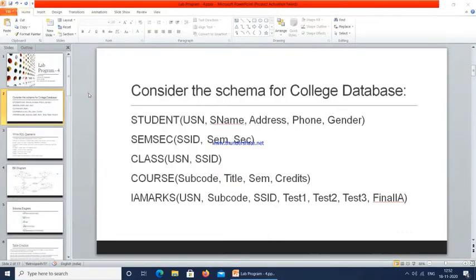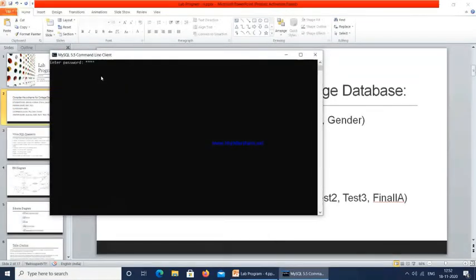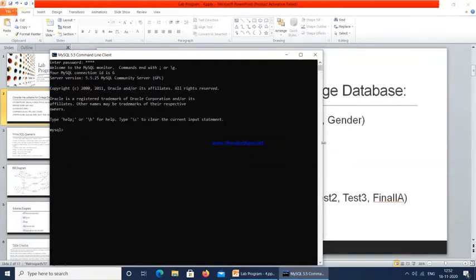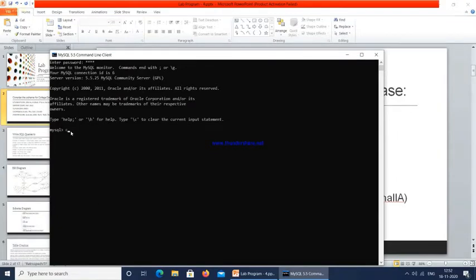Here I am going to log into this MySQL account by using my credentials. If it is correct, I am going to get the MySQL window. Next I need to create a database. Create database is the command we use for creating a database, and the database name I am going to give as college. Now the college database is successfully created.